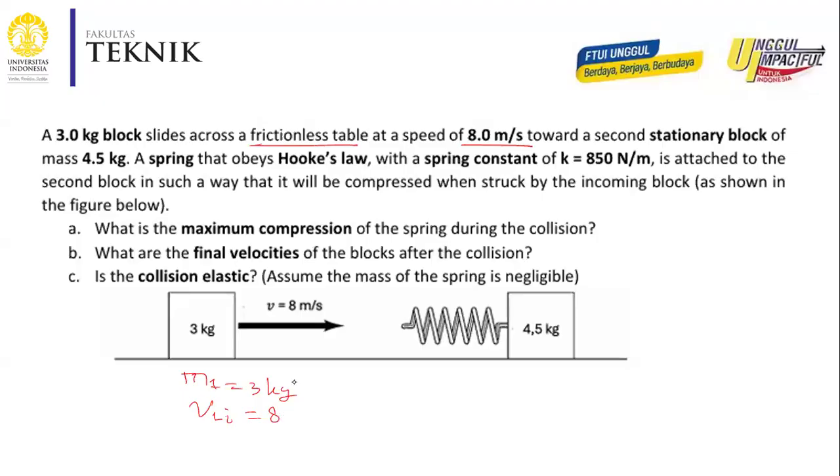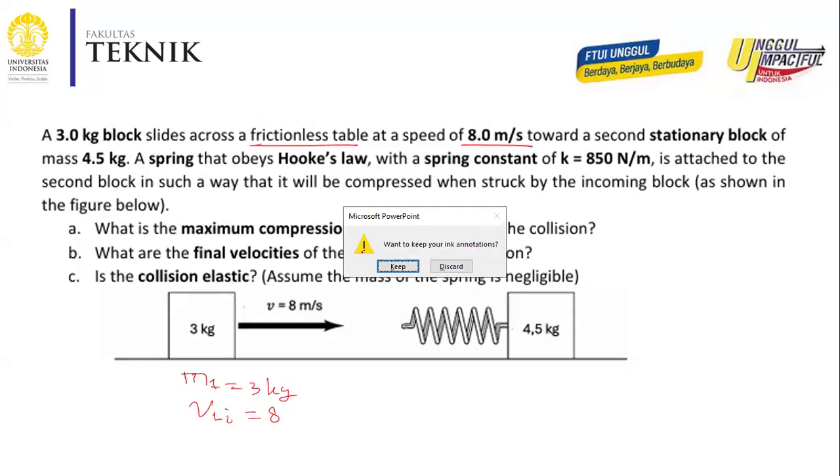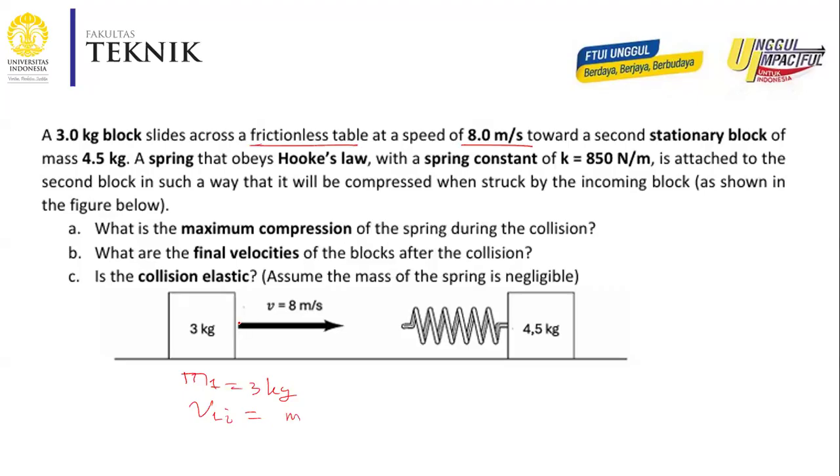And the second particle is at rest, so V2 initial is equal to 0 since the block is stationary. And then mass 2 is